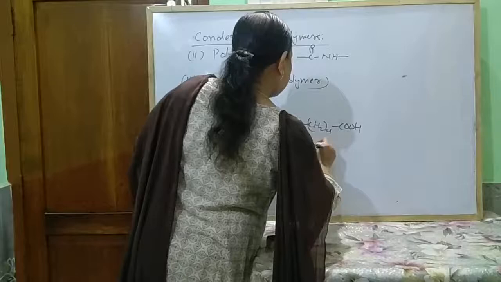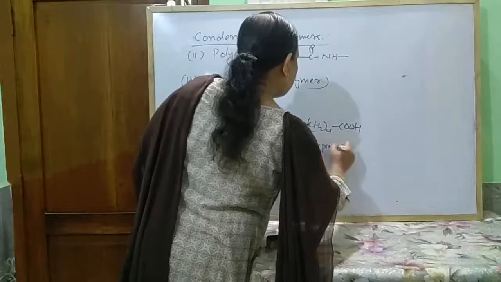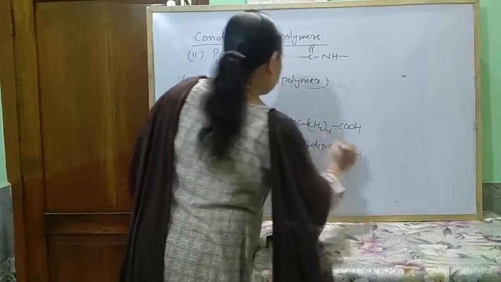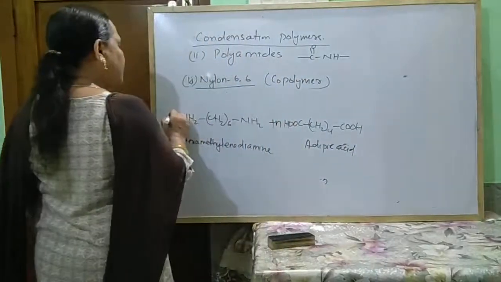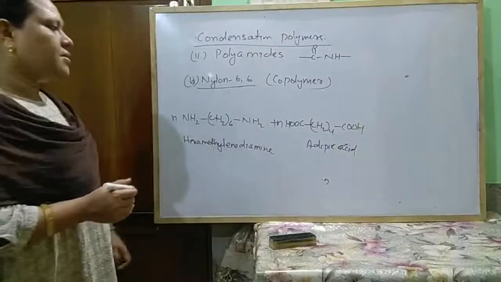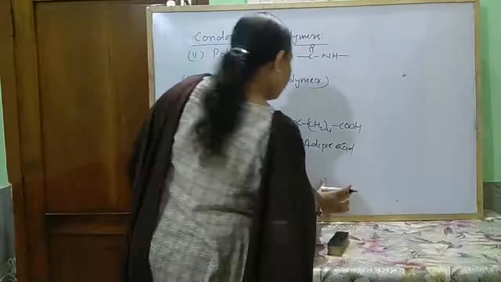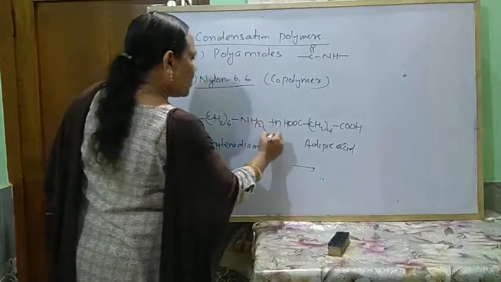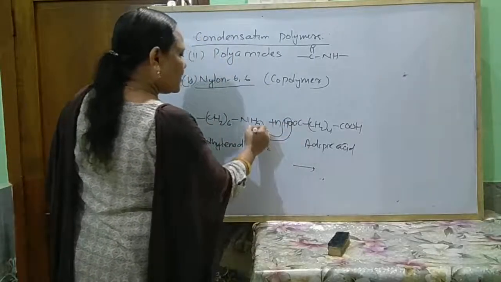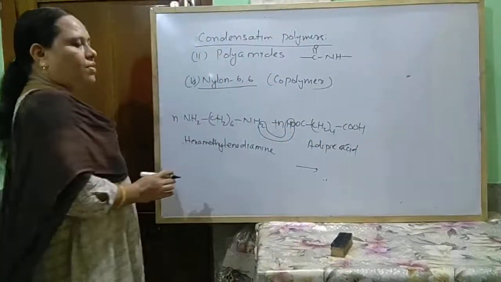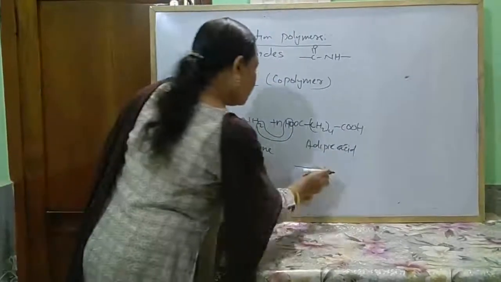this is adipic acid. N molecules of this and N molecules of this undergo condensation reaction to form, so OH of this amine and OH of this acid. So it forms also a condensation polymer. So it forms